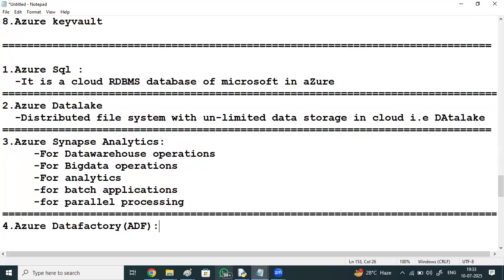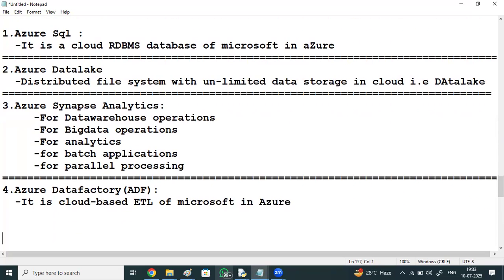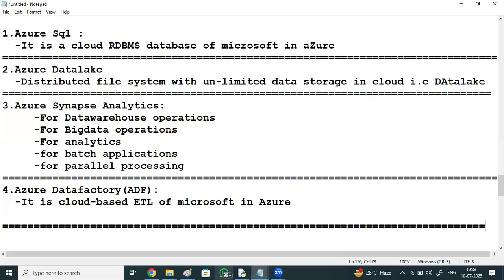Just like other ETL tools, it is a cloud-based ETL of Microsoft in Azure, performing extracting, transforming, and loading. It extracts data, transforms, and loads.